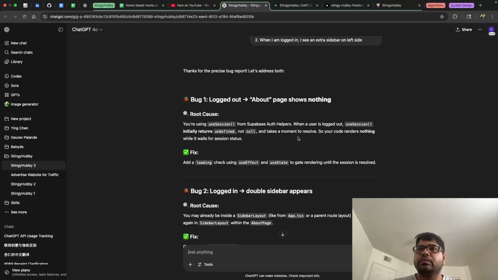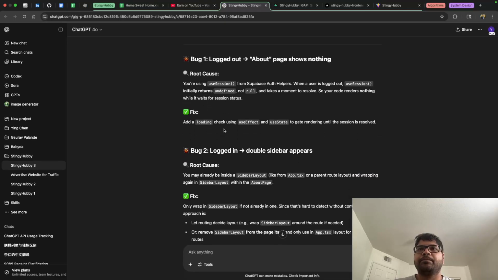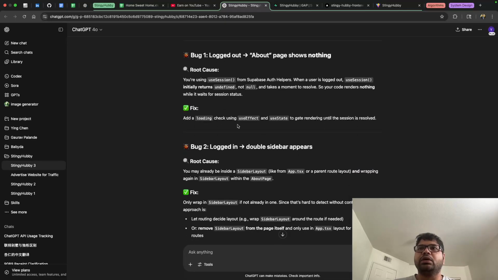Oh, so ChatGPT mentions that when a user is logged out, use session initially returns undefined, not null, and takes a moment to resolve. So your code renders nothing while it waits for session status. The fix is to add a loading check using use effect and use state to gate rendering until the session is resolved. And for the logged in double sidebar,